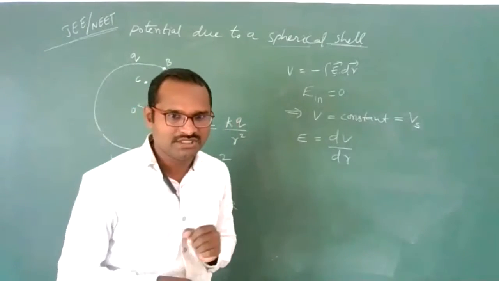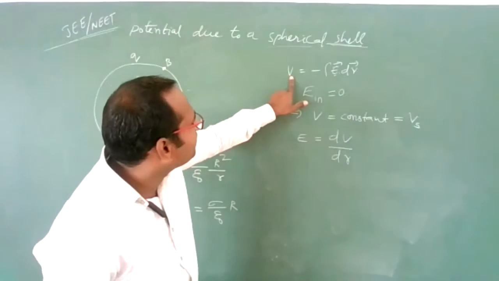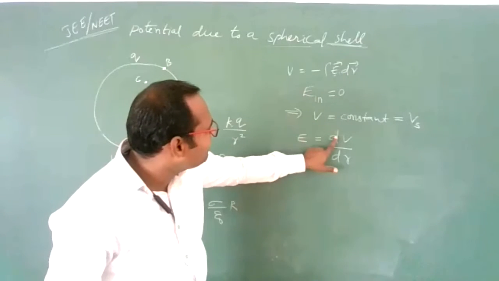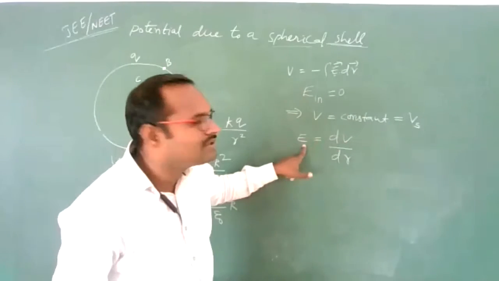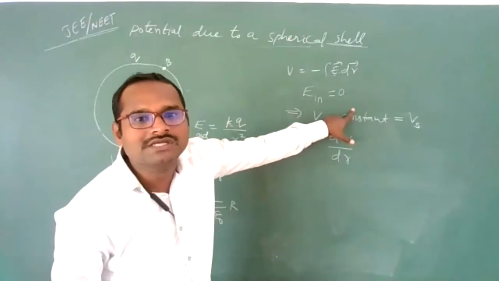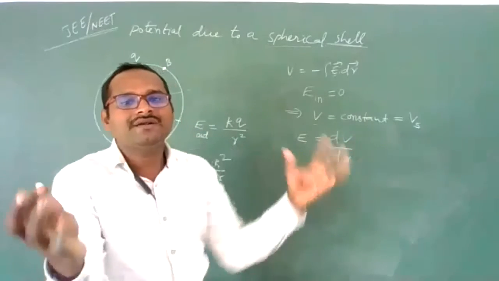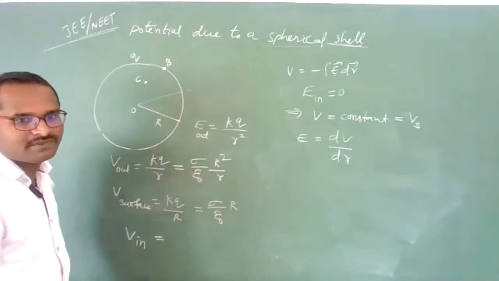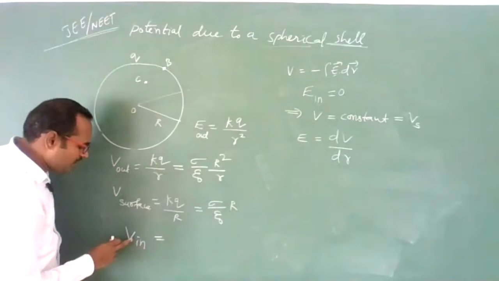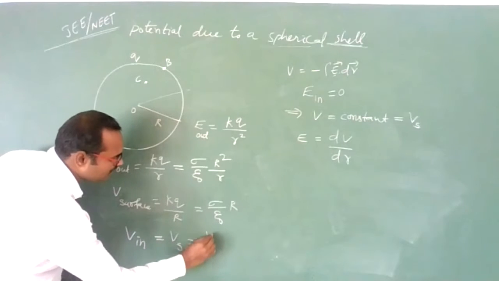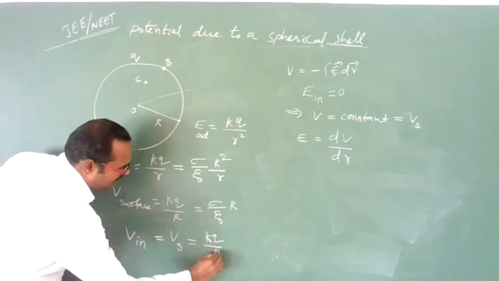We are taking imagination. Now, inside point we want potential. Electric field is 0, so keep 0 here. You are having differentiation of some quantity equal to 0. What should that quantity be? Yes, that quantity should be constant. Constant to what value? It is equal to the potential on the surface. Means electric potential at an inside point is nothing but the potential on the surface, that is equal to KQ by capital R,